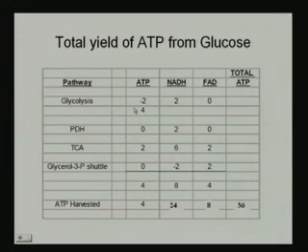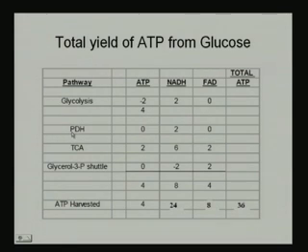So, if we see the total process, in glycolysis, in the first step 2 molecules of ATP are consumed, so minus 2,